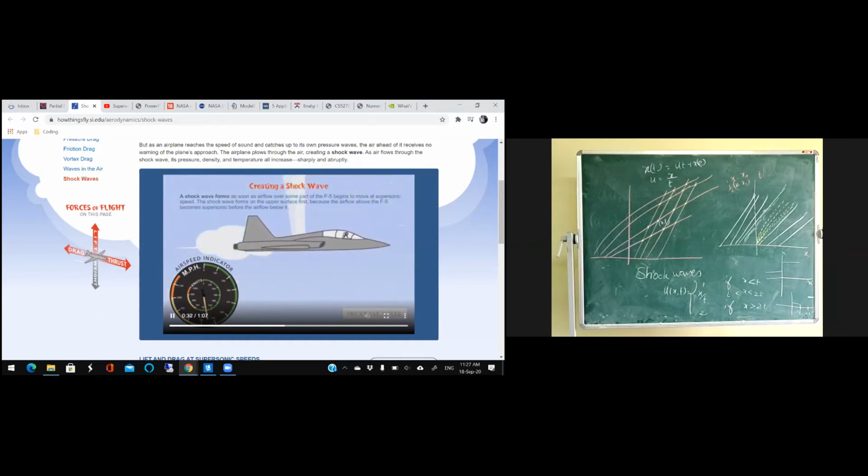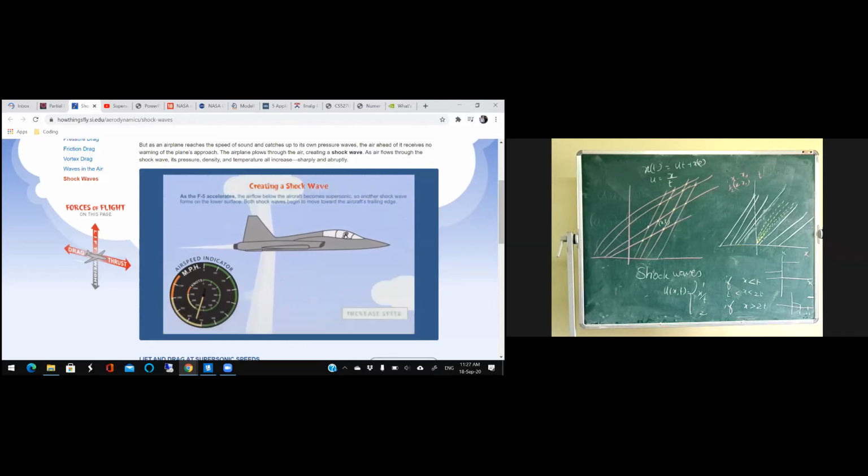If the aircraft is not designed to take care of these shock waves, the flight can get some imbalance, go out of control, and it can lead to an accident. Therefore this is important in aerodynamics, where they study supersonic flights. The shock wave is very important. You can see this video and read the corresponding material on how it is important.